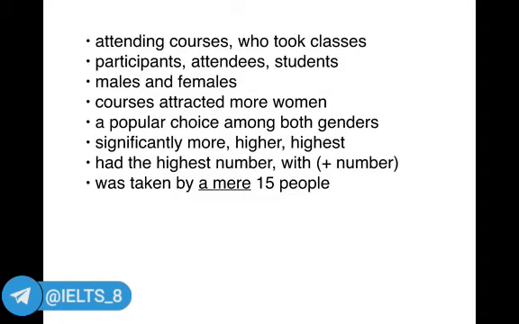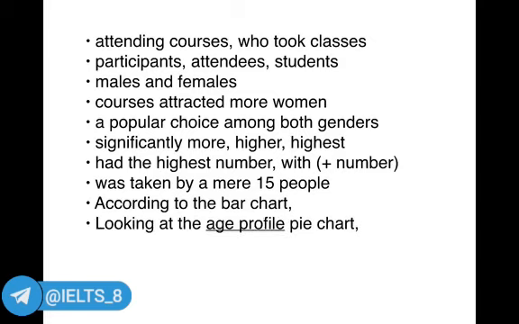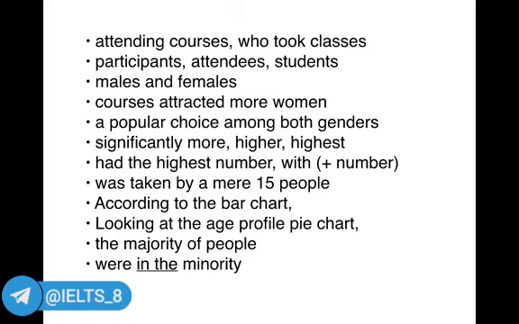Was taken by a mere 15 people. A mere means only. It's a nice alternative to saying only 15 people. According to the bar chart and looking at the age profile pie chart, remember at the start of those two paragraphs I was telling the examiner what this paragraph is about. The majority of people and were in the minority. We're talking about the different age groups, using the majority for the biggest figure and in the minority for the smaller figures. And finally, we use that phrase "to be precise"